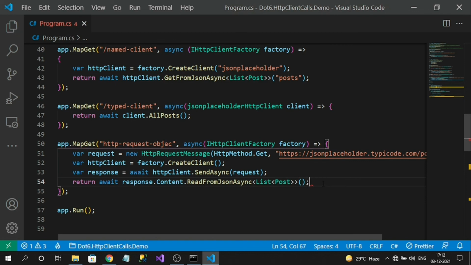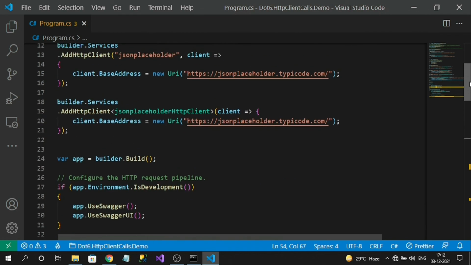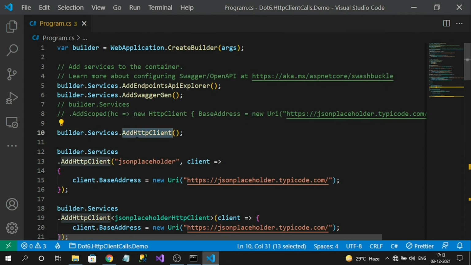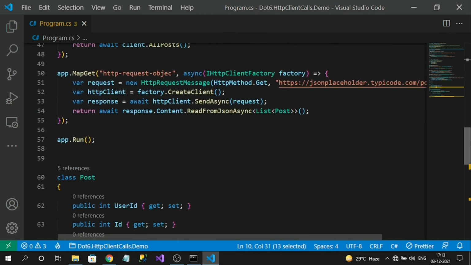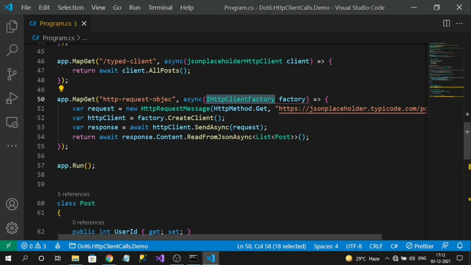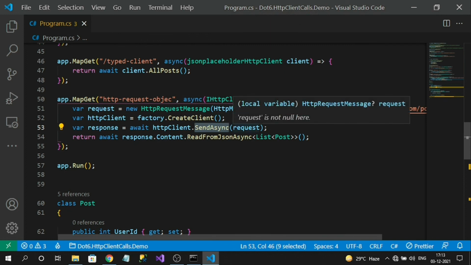That's it. So what we are doing is just registering an HTTP client service. Next, in the delegate method, we are injecting the HTTP client factory. Then in the method, we are creating the HTTP request message object, and to that object we give our configurations like the API endpoint. Next, using the HTTP client factory, we create the client instance, and using that client instance and the send async method, we pass our HTTP request message object as an input parameter.